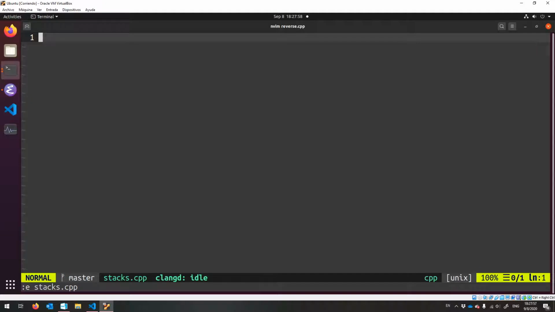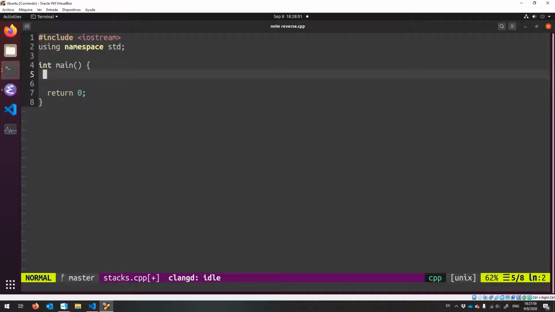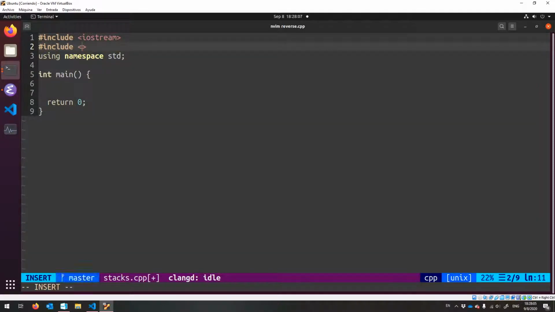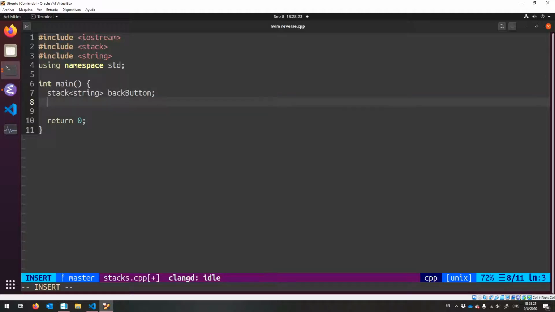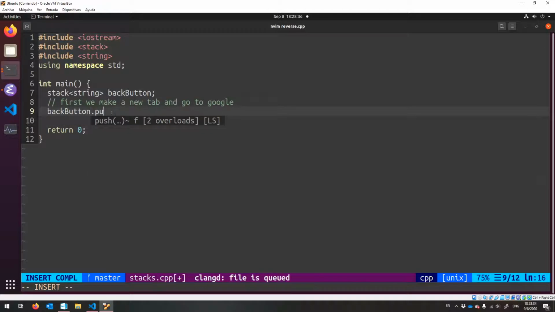And then the rest of this is going to be your review. So for your midterm. Dun dun dun. Let's make a stack. A stack of strings for like web pages. So call it back button. So the very first thing we do, the very first page that we go to, for example, is we make a new tab and we go to Google. So back button dot push